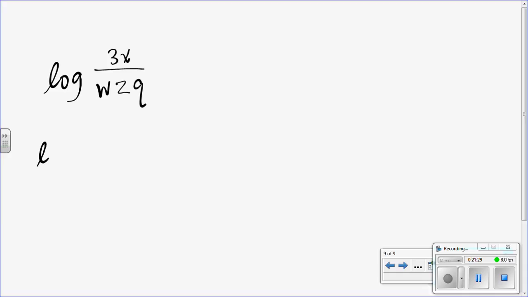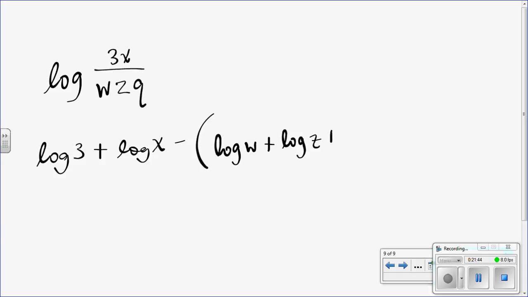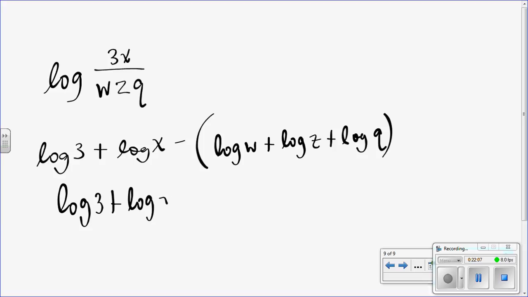You can say log of 3 plus log x minus, and then a parenthesis where all 3 of these are being added. Because what's going to happen with that minus sign? They're going to be negative. Right, every single thing is going to change to negative. So you can do it like this, but it's not completely simplified, because simplified means that you have no more parentheses. The final answer would have these 2 being added as positives, and everything that was under the fraction bar